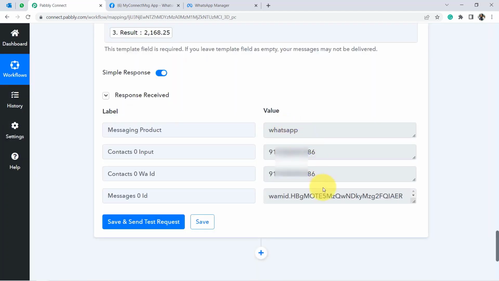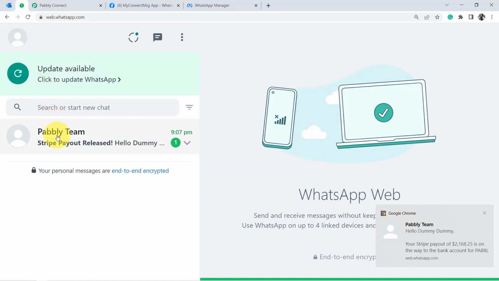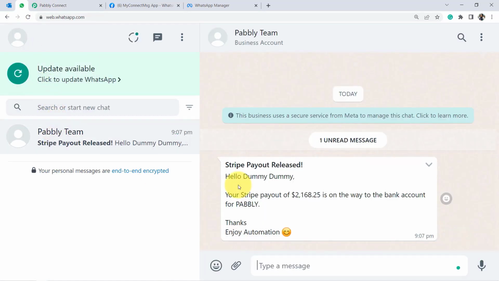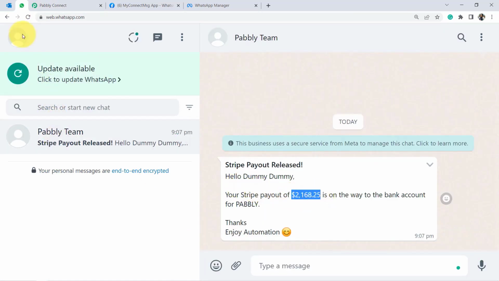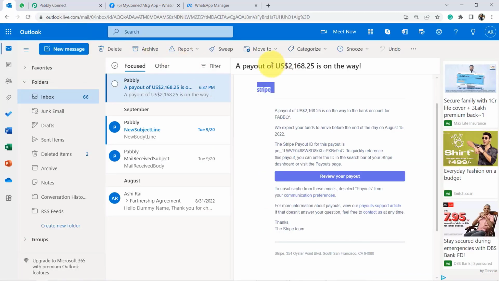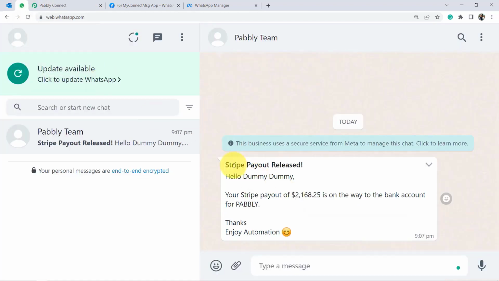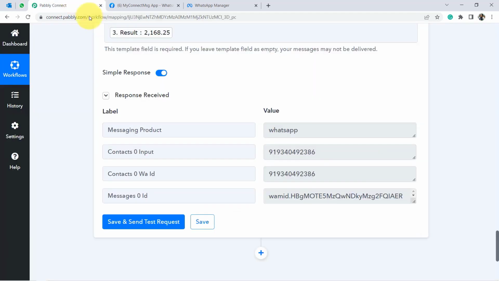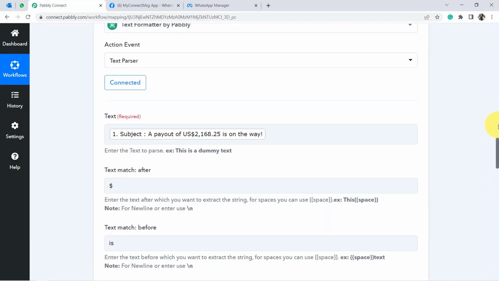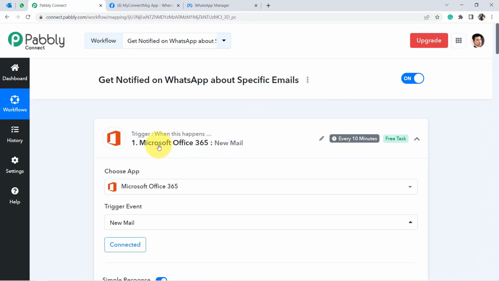And yes, you can see the response is received. Going back to my WhatsApp account, and yes, the message has arrived automatically. And this is the same amount which I have actually received on my email. Basically the payout which I have received, Stripe payout released. Hello dummy. Your Stripe payout of $2,168 is on the way to the bank account for Pabbly. Thanks. Enjoy automation. So this is how you can create this automation with the help of Pabbly Connect, and now